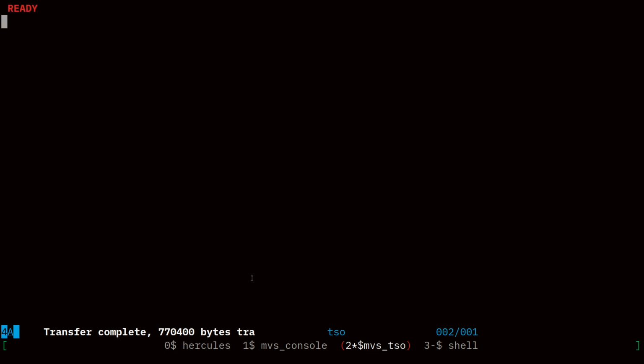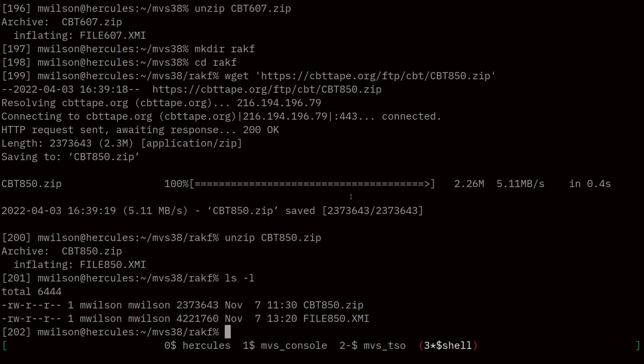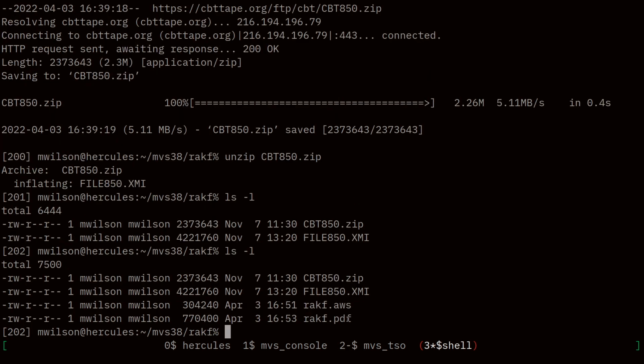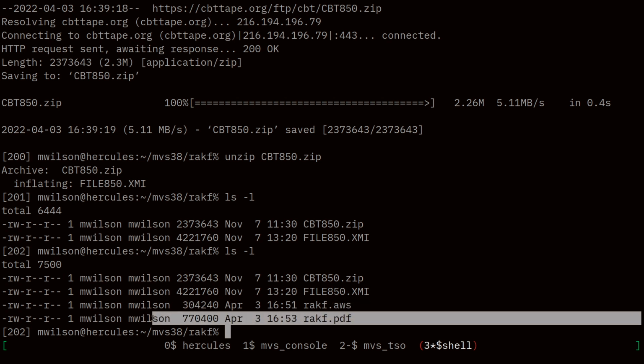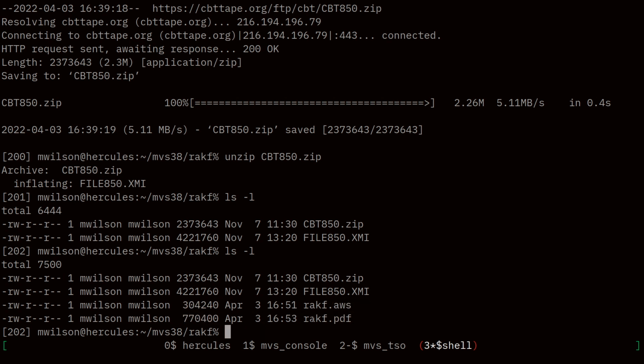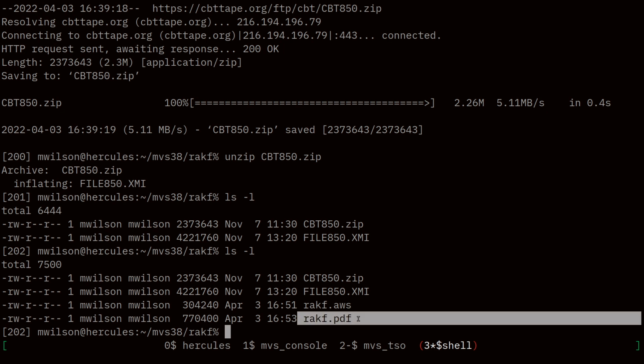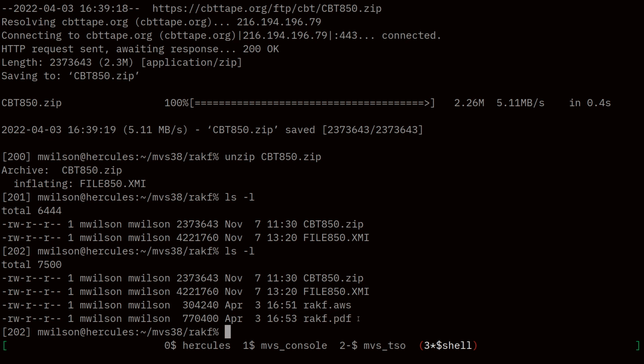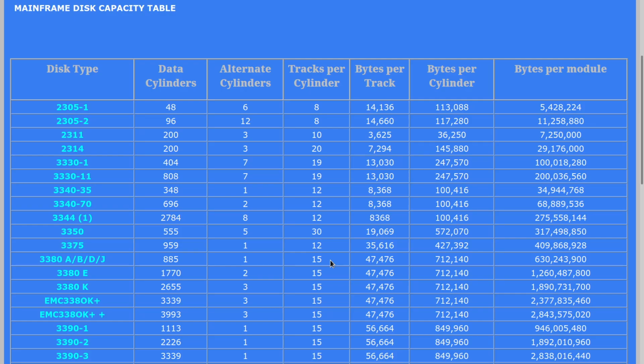In fact, quite a bit larger. Okay, there we go. So we got the PDF. So let's go over to our shell. And now if I look in my RACF directory, we have the tape and we have the installation PDF. So essentially, for the rest of this video, I'm just going to be walking you through following the steps in the installation PDF. So let's go to, I'll just open that PDF up in Firefox here since I have a